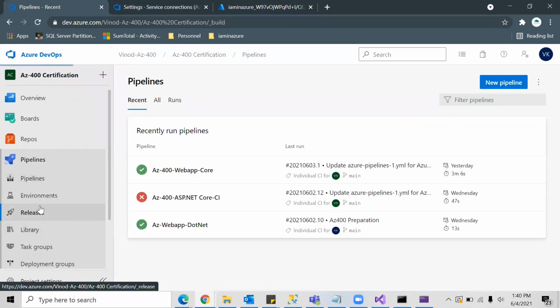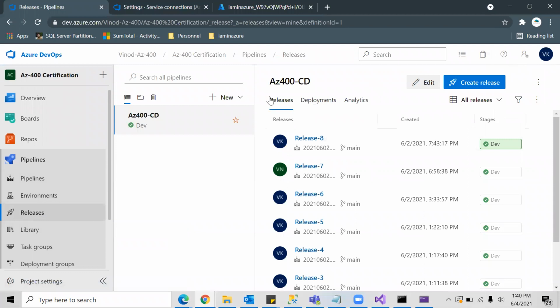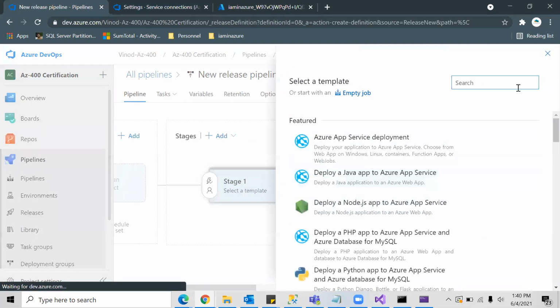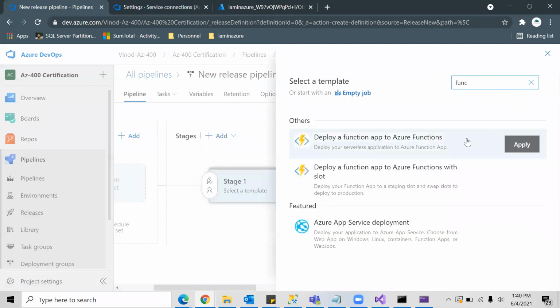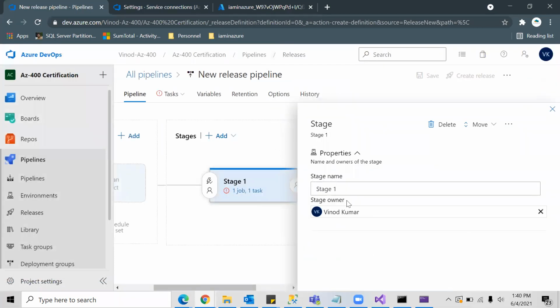So I will go to release pipeline and new pipeline. Here, function app, apply, and the staging name I will give as dev, or for that matter development.